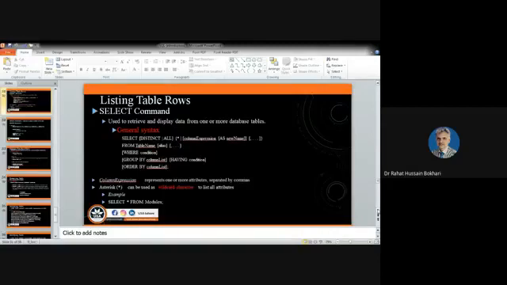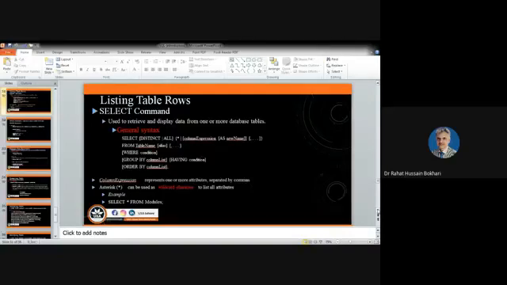So you have to say select star where, let's suppose, name equal to Ashraf. We also discussed some of the operators that we can use, less than, greater than, and so on. Let's say we have a customer relation. I say select star from customer where the phone number is greater than this, or phone number is equal to this. Only those records that fulfill that condition will be displayed. So you can use the select command without the where clause and with the where clause.